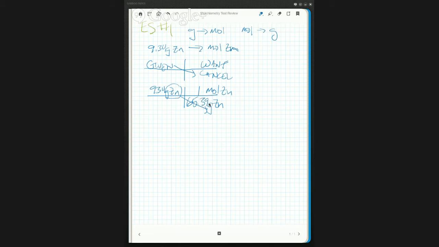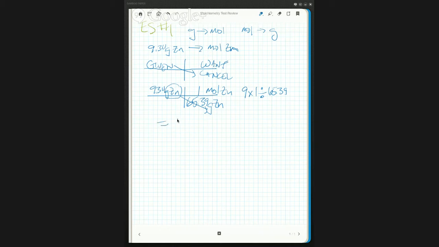And so then all you have to do is divide. The mathematical relationship is that you should have 9 times 1 divided by 65.39, if you're going to plug it in. That's the mathematical order of the operations. So really, it's 9 divided by 65.39. Great. And so my answer